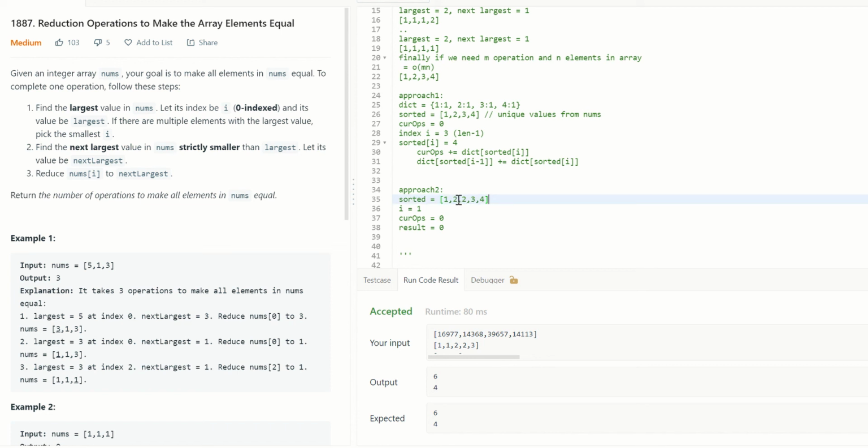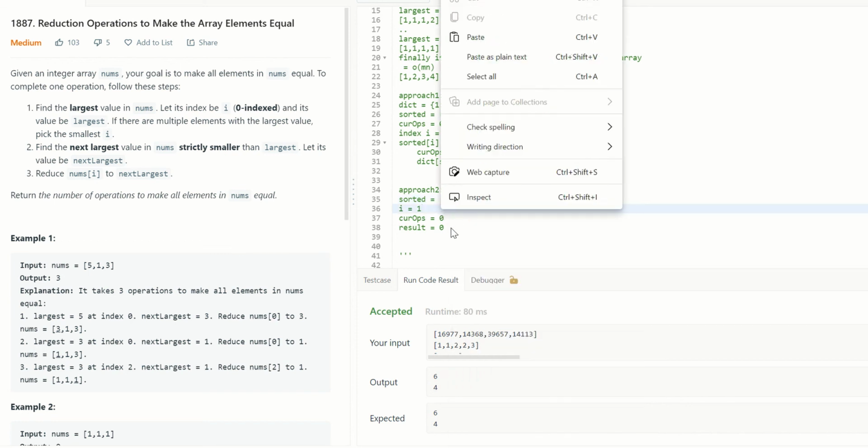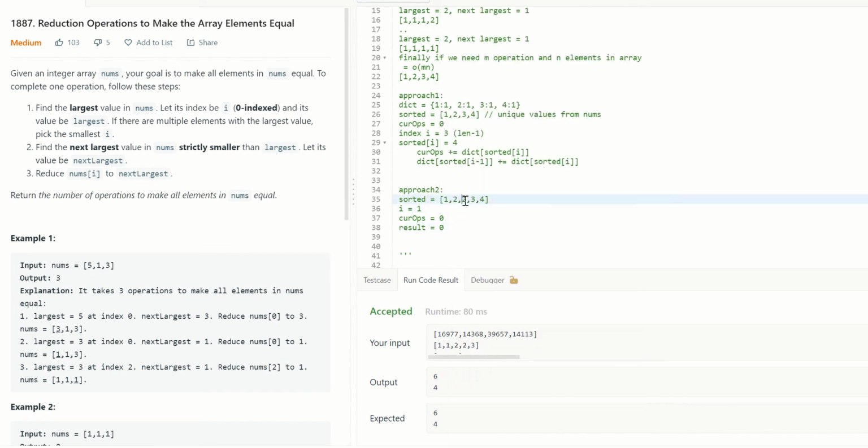For this 2, we know we need one operation, and for this 2 also, we need one more operation. We are sure, as we are allowed to change only one value at a time, that for this 2 you are going to take one operation, and for this 2 also you need one more operation.